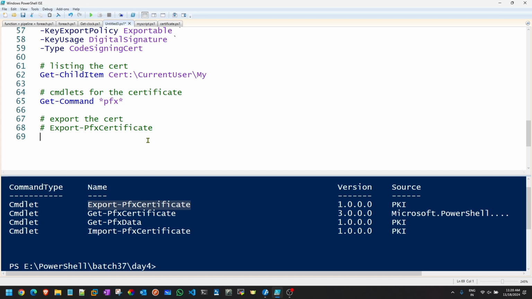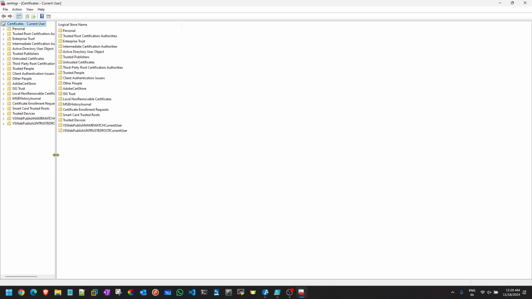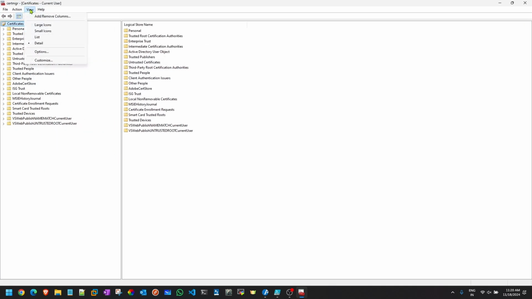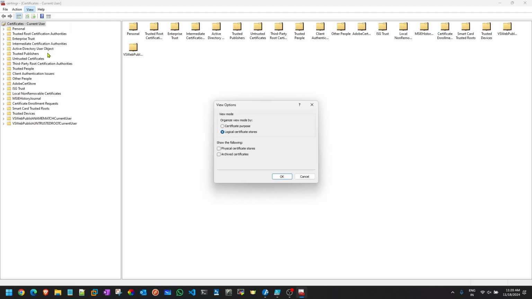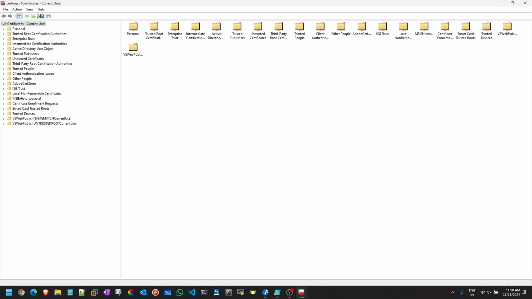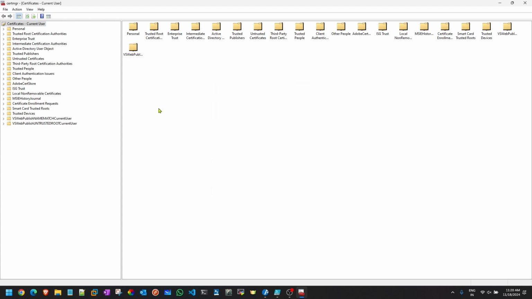To go with the GUI, again I'll go back to certmgr. Okay, there's no way to increase the font size for it.